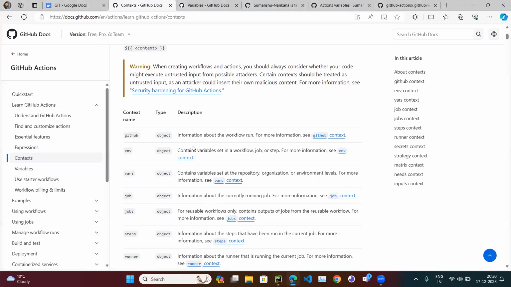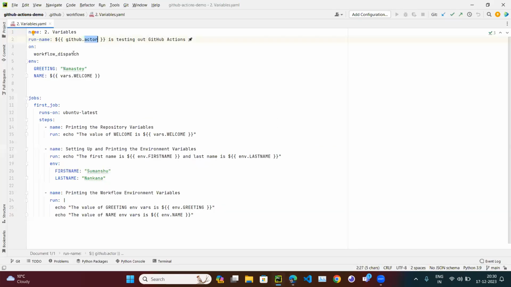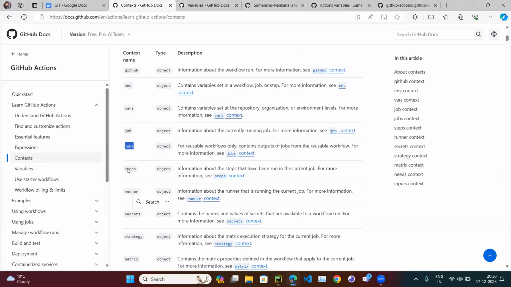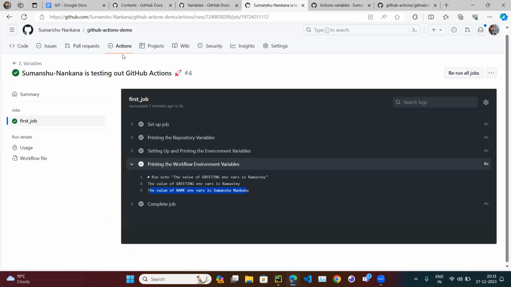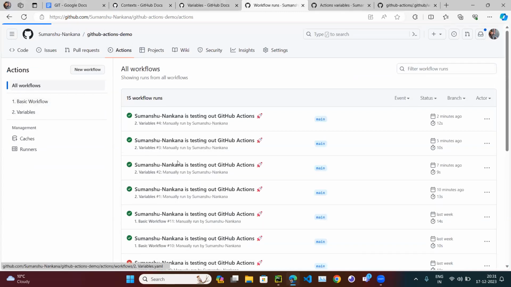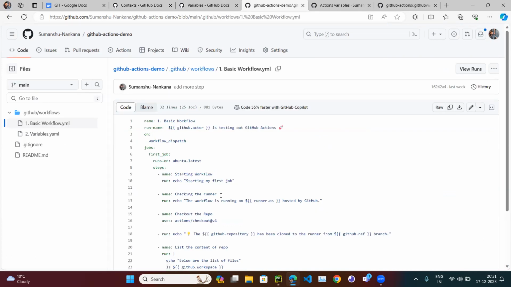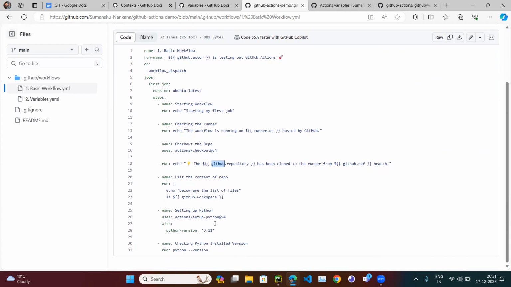There are so many contexts given, like github, because we already used github.actor, env we already used with env dot, vars we already used. Maybe somewhere you want to get the job id or job number, so you can use jobs. If you want to get the step name, or runner dot os, we already used that. I think in one of our workflows, let me show you. If you go to the basic workflow yaml, yes, see, runner.os we already used in one of our videos. So runner is also one of the contexts. GitHub is also one of the contexts. github.workspace,